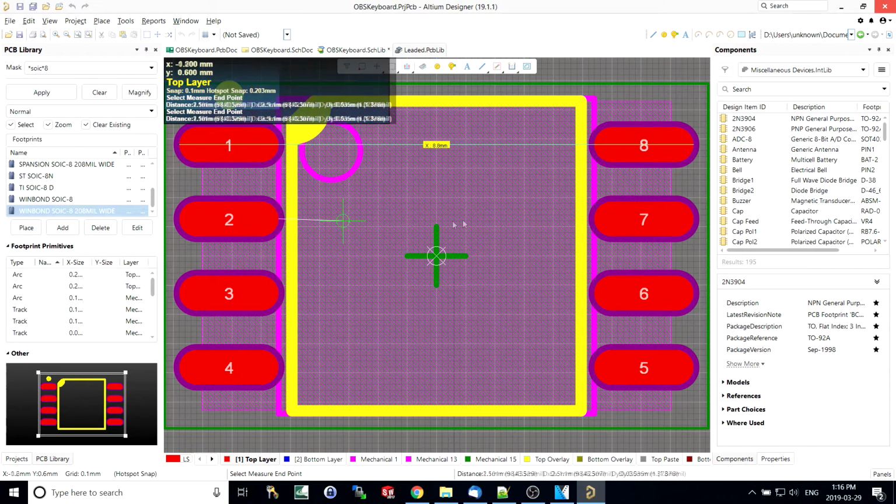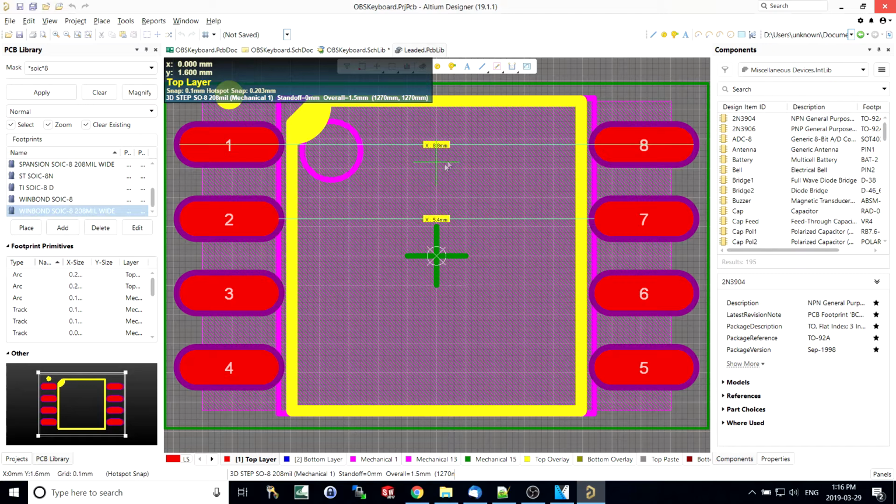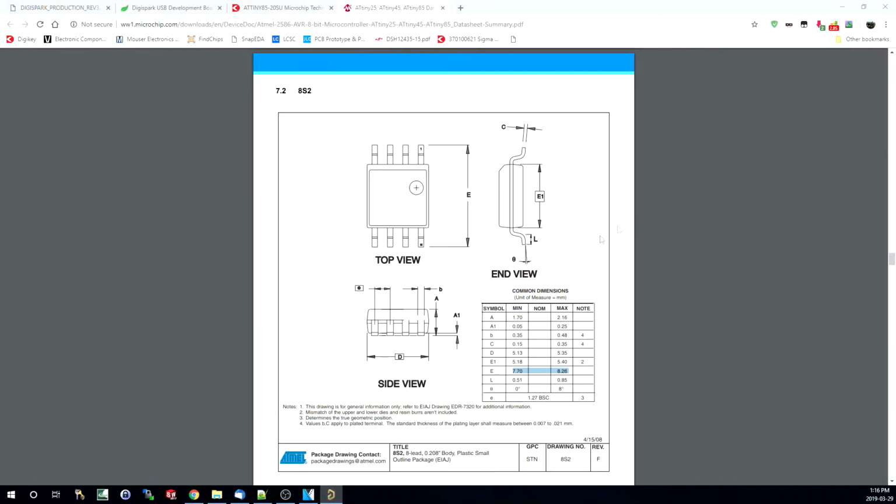Let's just double check our inside measurements here. 5.4, yeah. So our minimum was 7.7 on the data sheet, and this is anywhere between 8.8 millimeters and 5.4 millimeters, so our pins will match. We also know from the data sheet